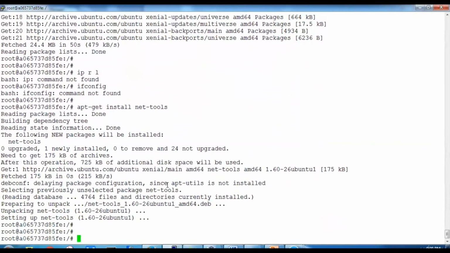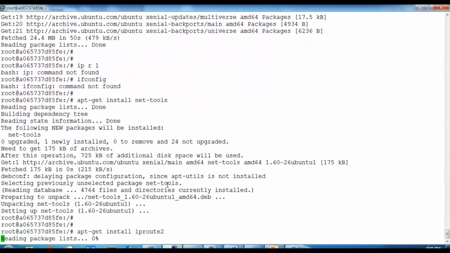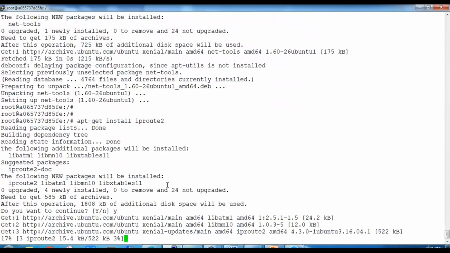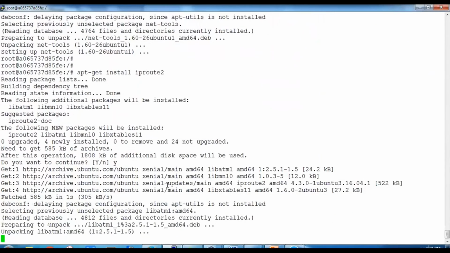And one more package we need to check the IP address is iproute2. So this package is also important. So this is going to install on our container system.